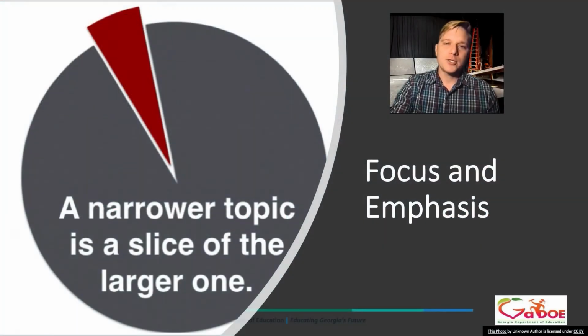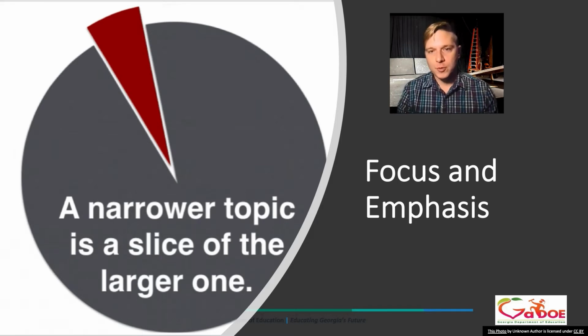Now we're going to talk about determining a focus and emphasis. Specificity is crucial to avoiding generic cliché choices in all aspects of theater. In many ways, closing doors to what you are not focusing on allows for more freedom to explore the areas you have defined in more depth. Similar to the process of zeroing in on a research topic for a research paper, the playwright must select a specific focus or emphasis for the subject matter.